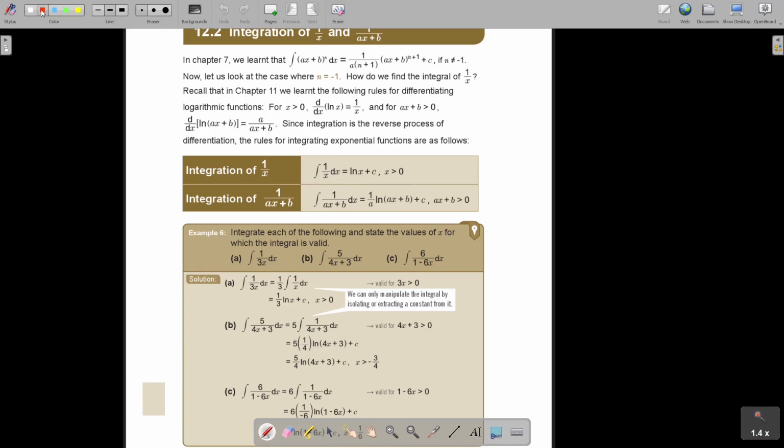But the reason why I show you this is I want you to see this. If there's more than just an x, so a value in front of x, you look for the coefficient in front of x, and you say 1 over that coefficient, and then ln, and then the bracket, plus c. This is very important. Okay, so let me take you to the formula sheet.